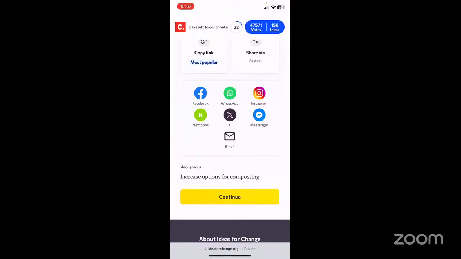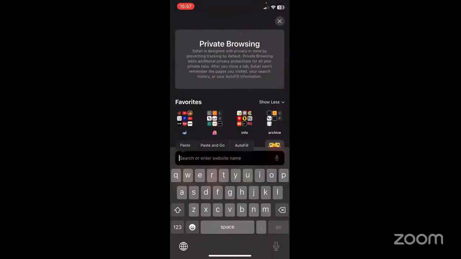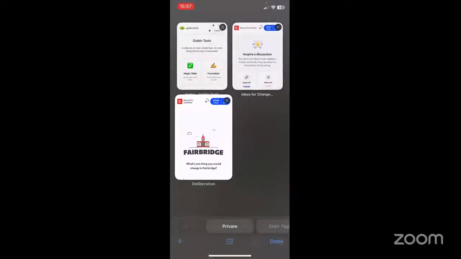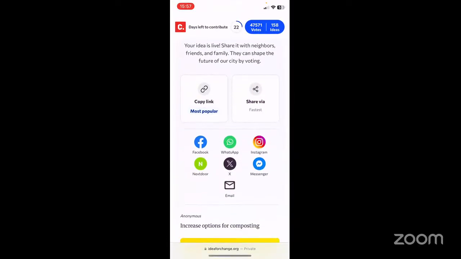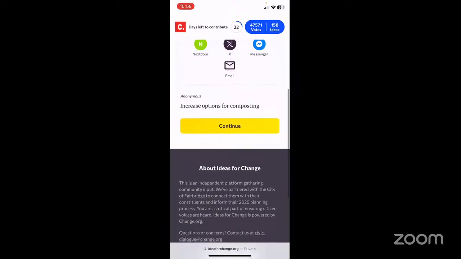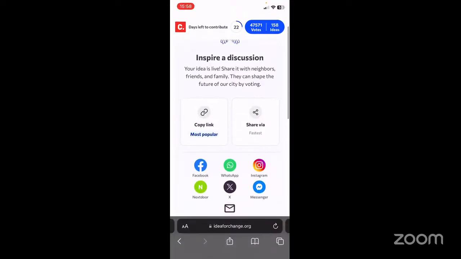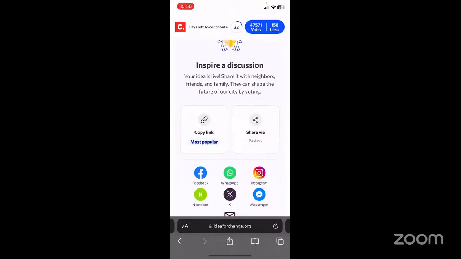Oh, I see the post is down here. That's a copy link. Oh, okay. So it is actually just a link to the website, or is it meant to be to my post? When you say copy, you mean the link? Yes. Before I answer that, what would you expect based off of what you see here? I would expect it to go to my post and my idea. And that would be correct.